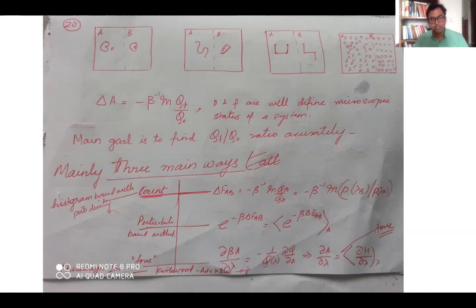And so we'll do the histogram methods after we do the perturbation method, which we are doing now. And then I'll also talk about what is called thermodynamic integration, where instead of calculating the free energy difference, you actually take the derivatives of the free energy. So there are some advantages of that, but there are also some disadvantages of it.